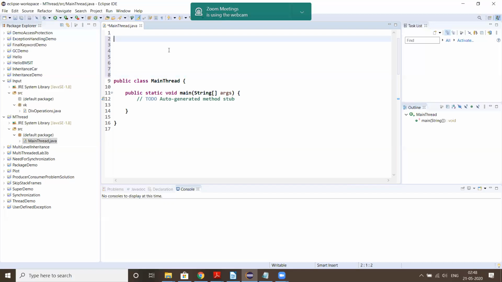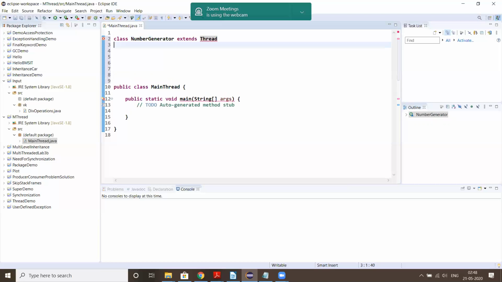So first, let me design the class. So class, with the name of the class as number generator. This class must extend the thread class.